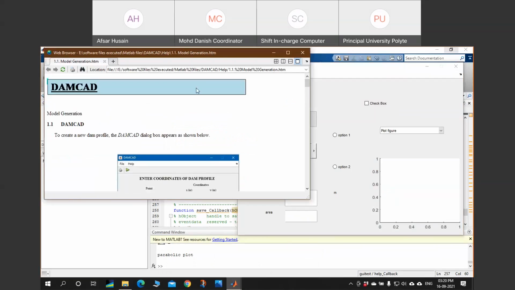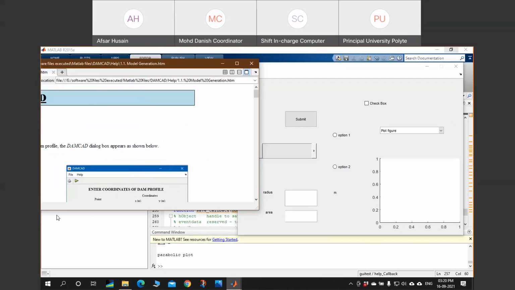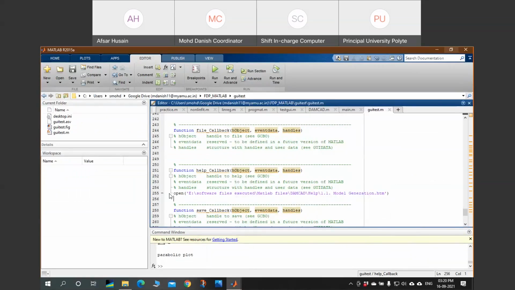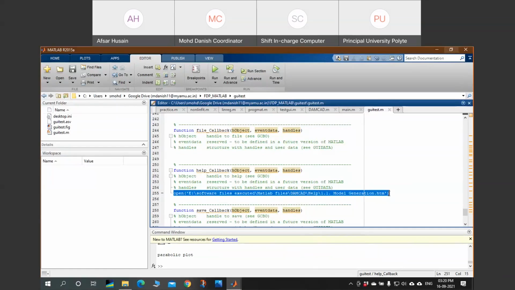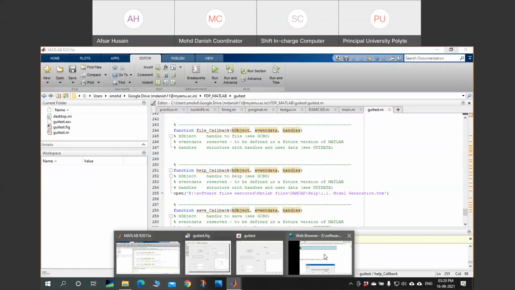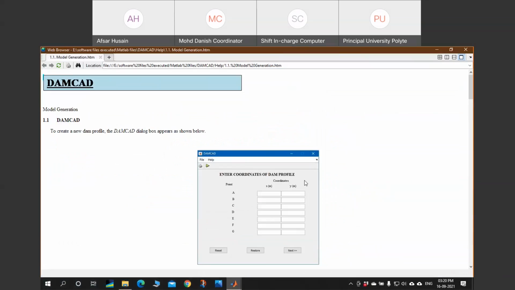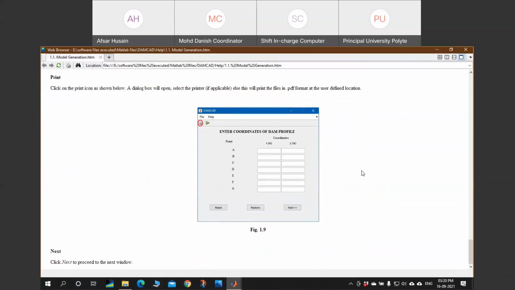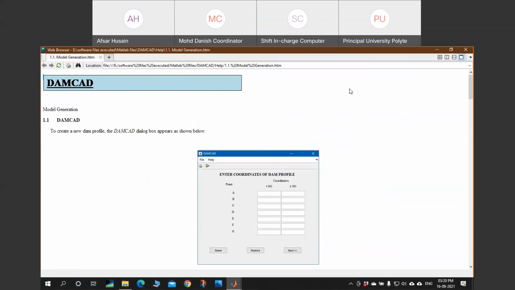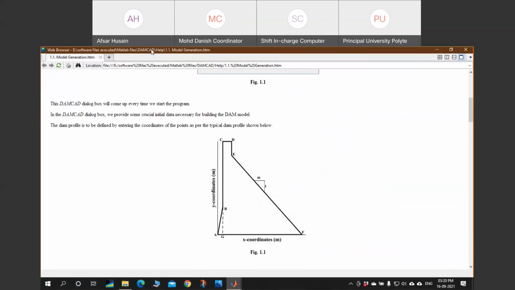So now my help file is open now because I have provided the help menu. Okay, so when I click the help, it is going to this callback function and it is executing this command. Okay, and the result is this page. So in this page, I have written a help for my program. So the user can very well understand by reading this file. Okay.